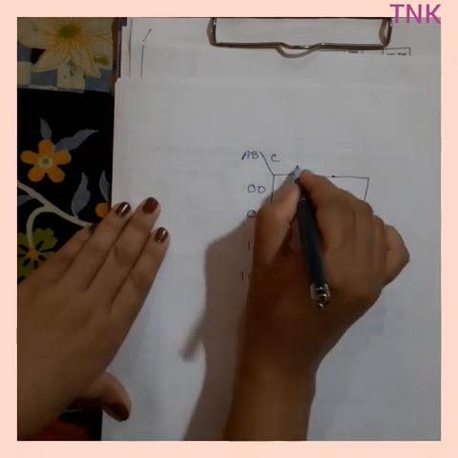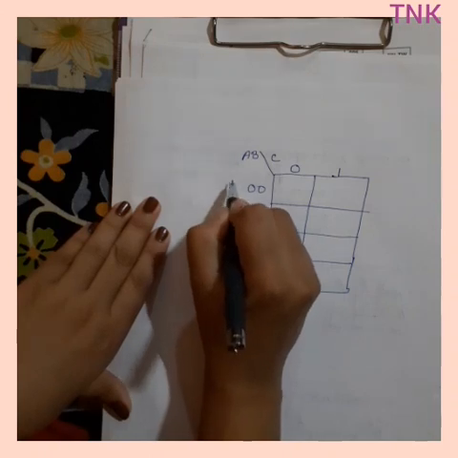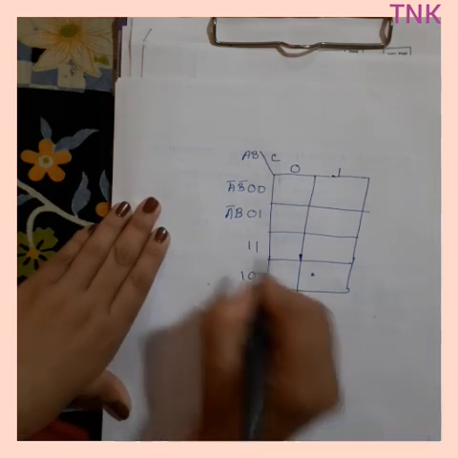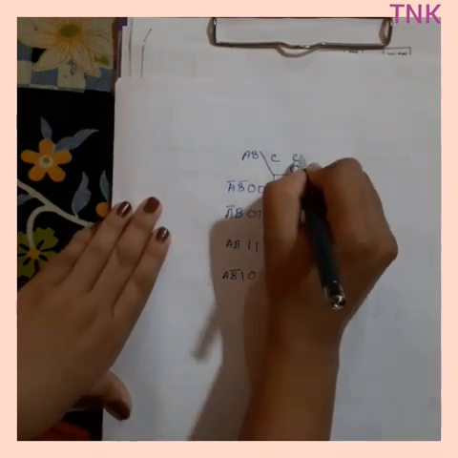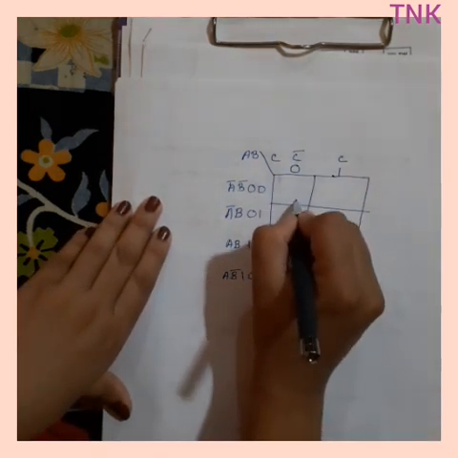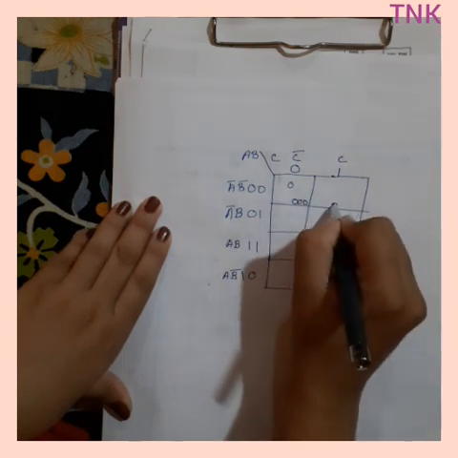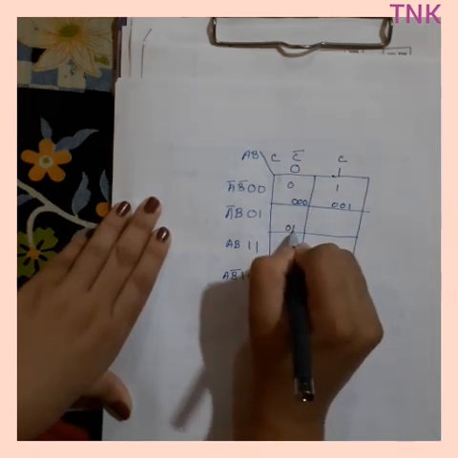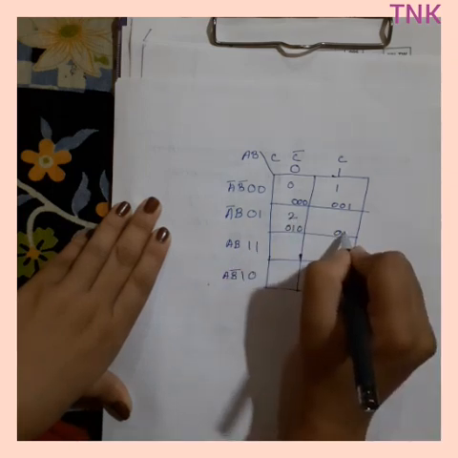And in case of C, as this is a single variable, this is 0, this is 1. Let's write in terms of variables. This is A bar B bar, this is A bar B, this is AB and this is AB bar, this is C bar, this is C. Let's identify the values. 0 0 0, it's 0, A0 B0 C1, it's 1, A0 B1 C0, it's 2, A0